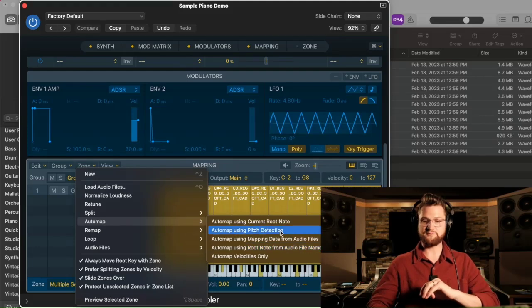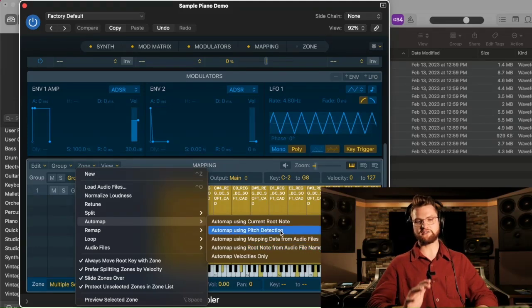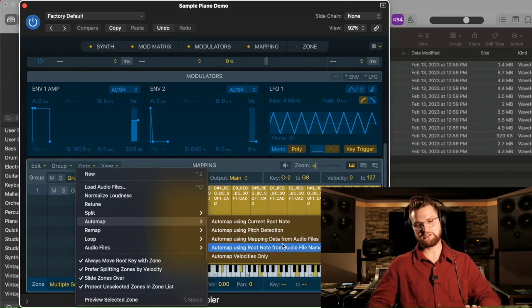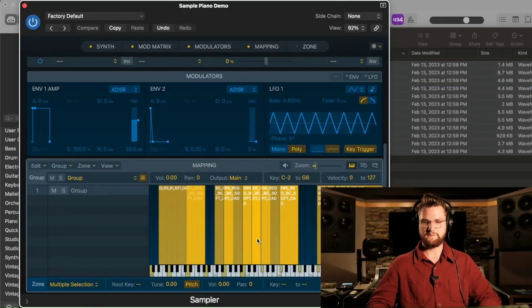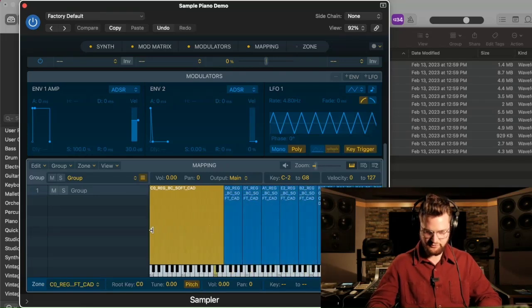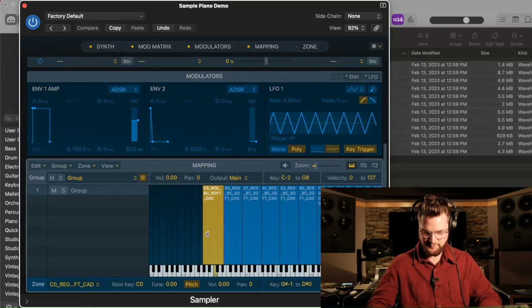Now it also has pitch detection, so if you don't want to label it and you want Logic to find the pitches and map them to that, you can also definitely do that. I've tried that a few times and it wasn't as accurate as the root note from the audio file name, but you can definitely do either option. So I'm going to use this root note from audio file names, and you will see that it just switched it up. So then you need to come over here to the lowest one, chop it off at that A,